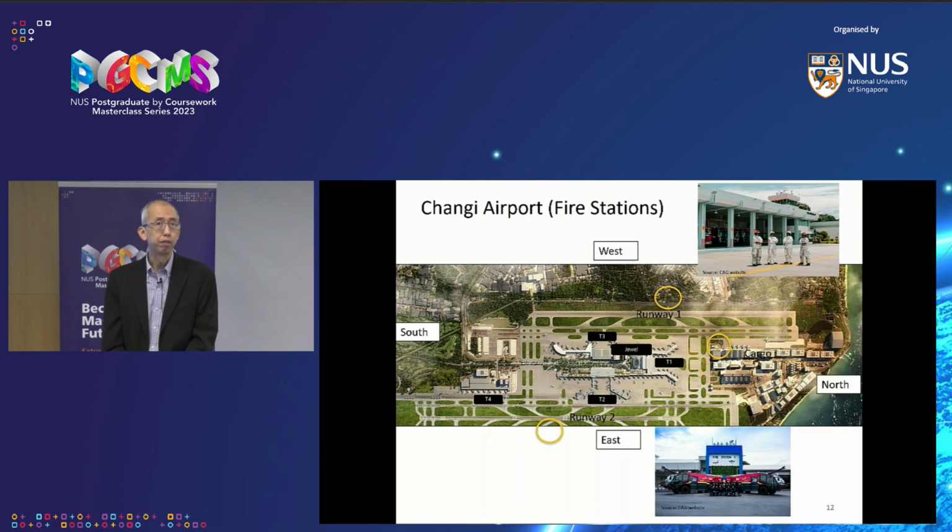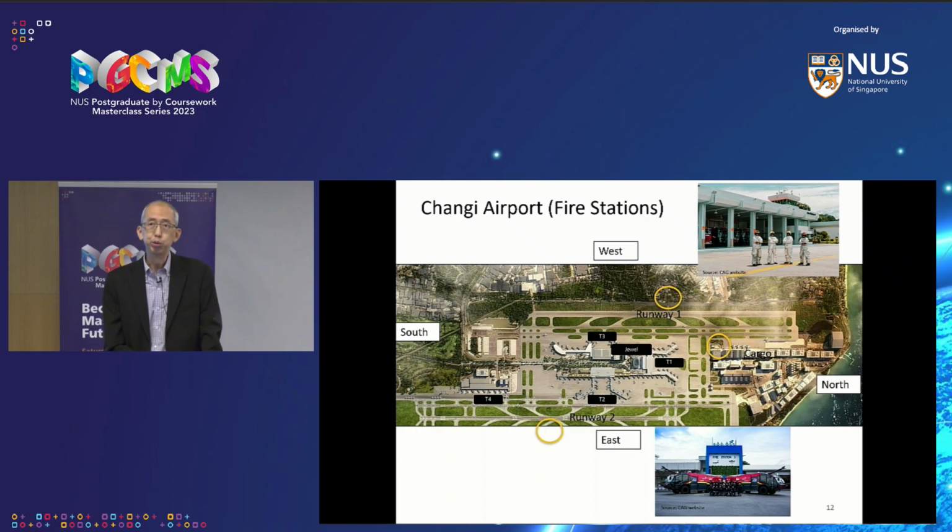Other support facilities that are important for an airport is the fire stations. So we have fire station 1 right next to the midpoint of runway 1. So normally, if you're trying to figure out where a fire station is for an airport, you look at a runway, it's normally at the midpoint because there's a rule that the fire engine must be able to reach the end of the runway within like 3 minutes from the point they're activated. So that keeps us safe in case there's any aircraft incident during takeoff or landing.